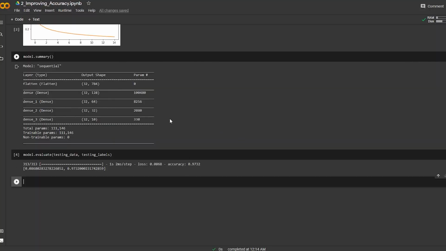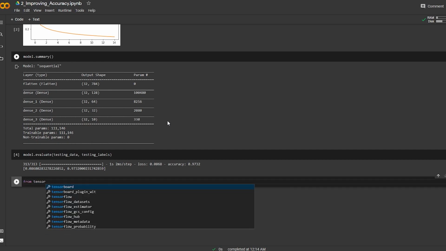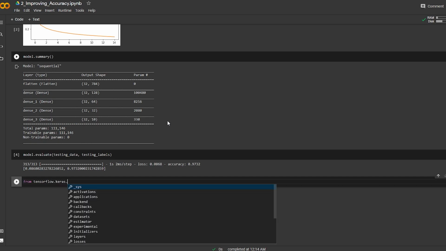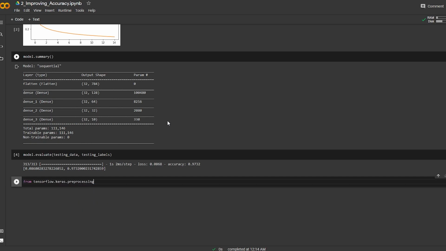Let us now try our code segments in order to classify an actual image. So you have to give it an image. First of all, I'll try to explain the code. I'll say from tensorflow.keras.preprocessing import image. This image module is going to help you tackle the real-world images, because you want to take data from the outside world. You can take any image that you have and feed it to the model.